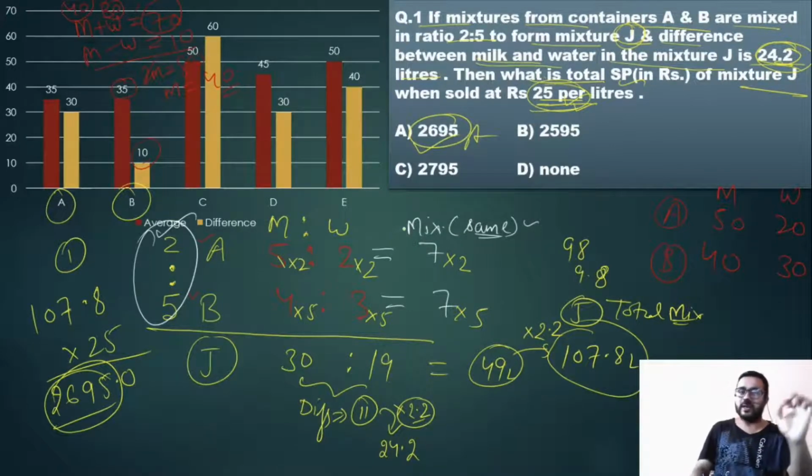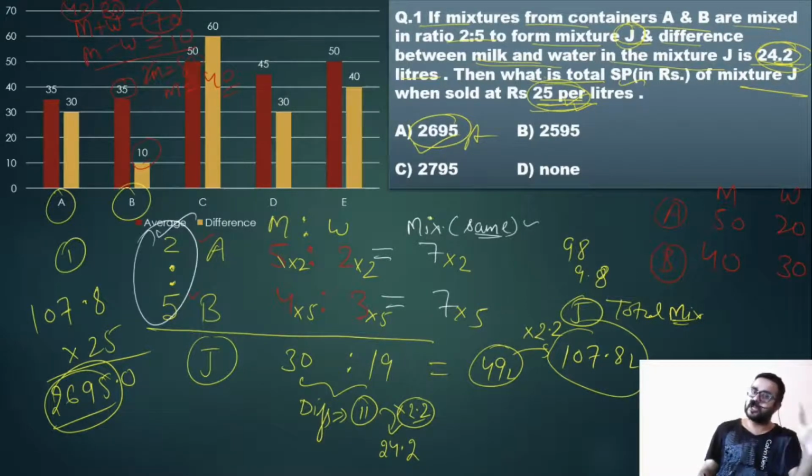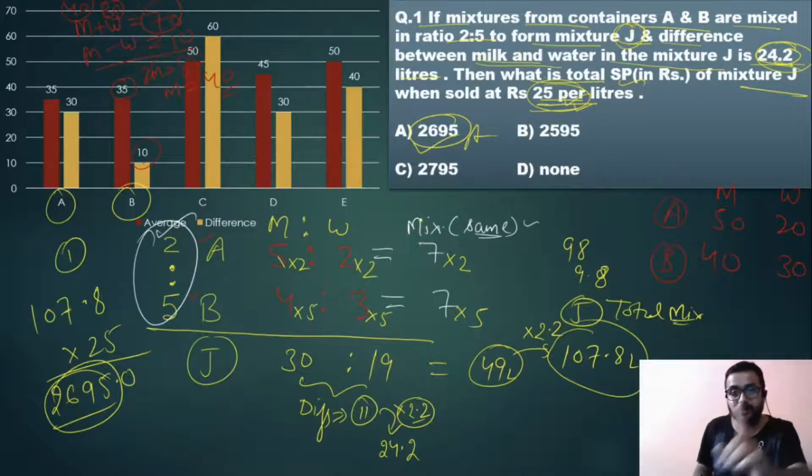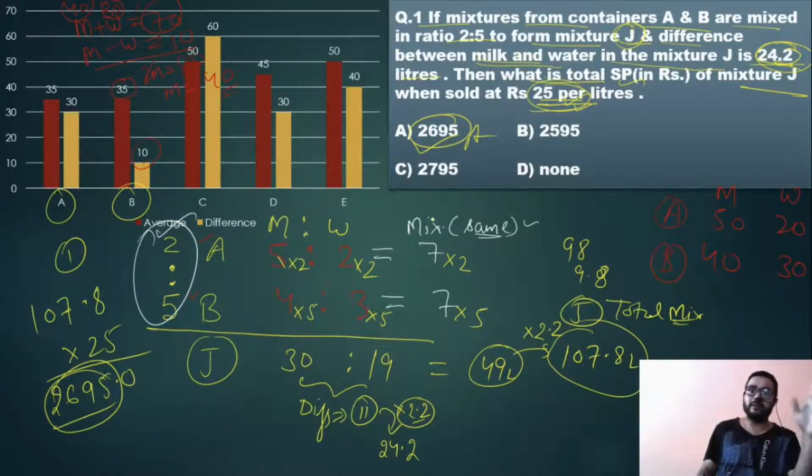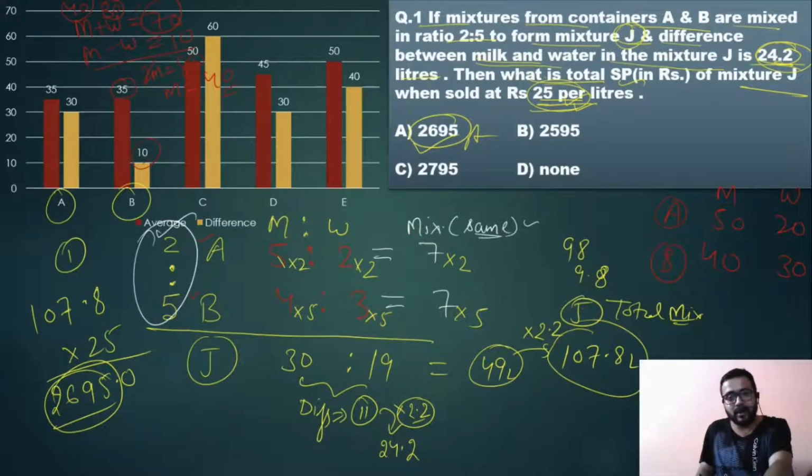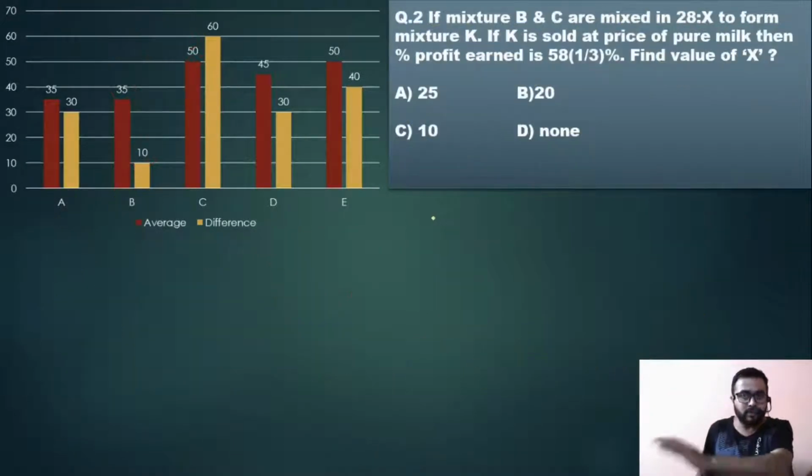So this was a very easy question actually, but slightly lengthy. Okay, if you know the concept of mixture and aggregation, this one is very easy, and if you don't know the concept of mixture and aggregation, this is the toughest question. Okay, I hope this concept is clear, and this DI is of mains level. This is the memory based DI of previous years papers. Okay, so now move to the question number second.